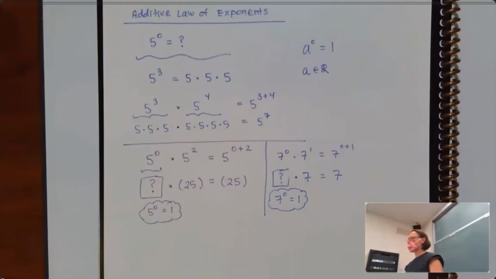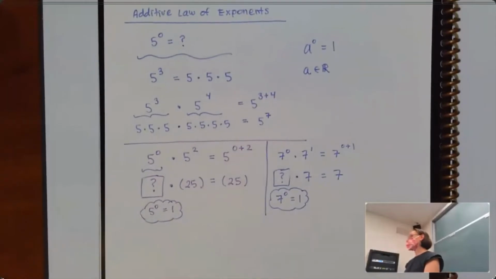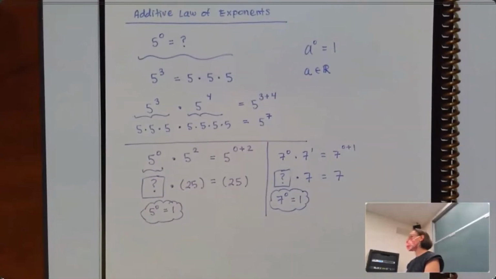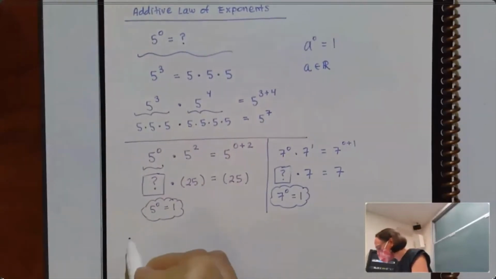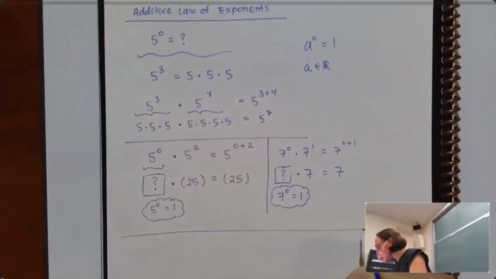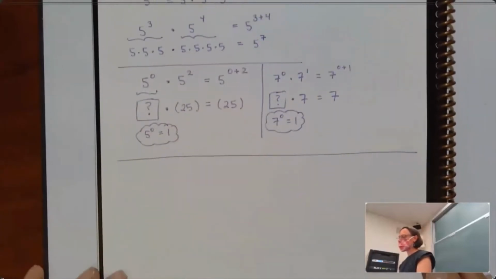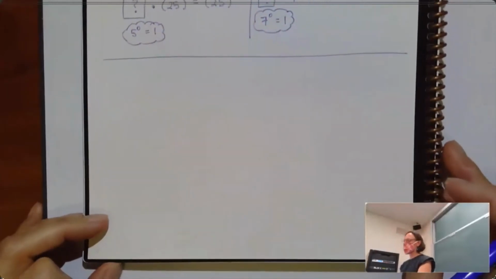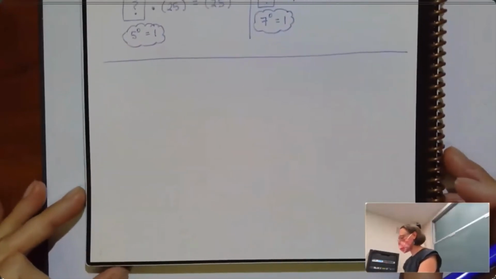Good times. I'm going to return to this additive law of exponents at different times throughout the quarter. But I do want to do one more thing with the additive law of exponents first. So now that we know what 5 to the 0 or 7 to the 0 has to be equal to,